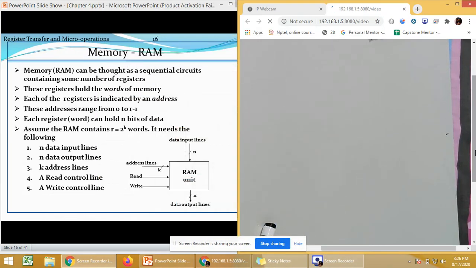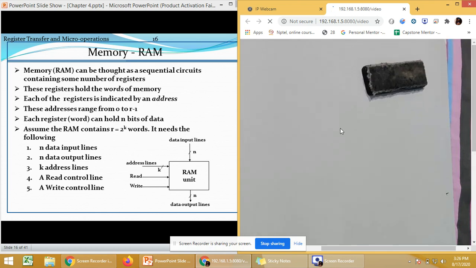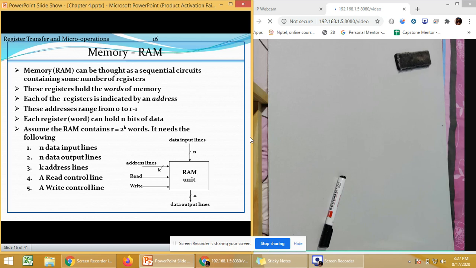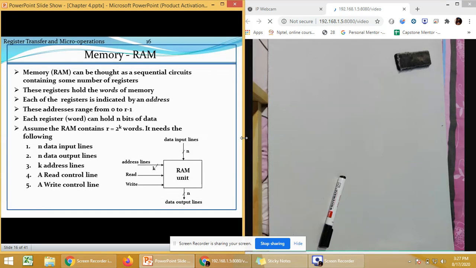Okay, so hello everyone. In the last class, we discussed the topic related to RAM. We started with the concept of RAM. We understood what the address lines, data input lines, and data output lines are, and how we can come to know the number of address lines for a RAM. Then we discussed the difference between RAM and ROM, and we came to know that RAM and ROM are similar. The only difference is that in ROM we don't have the write line.